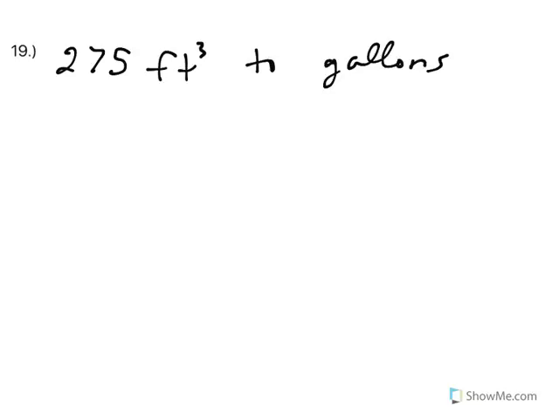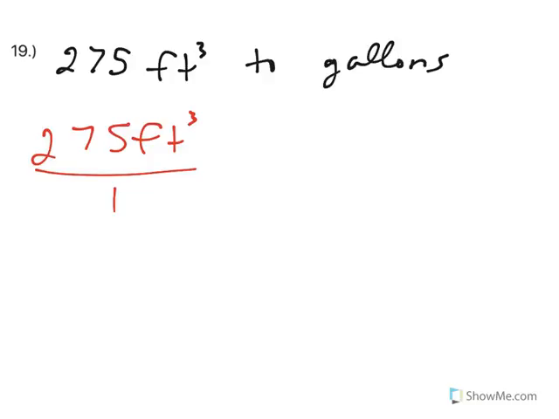All right, we're going to do some conversions with special ratios. In this first one, we're starting with 275 cubic feet. That's a cube, a foot on each side, and we're going to gallons. At first this seems weird because feet measure length and gallons measure volume, but a cubic foot is like a box, so you can actually fill a box up